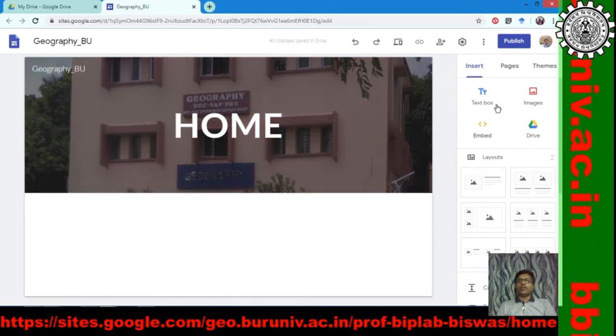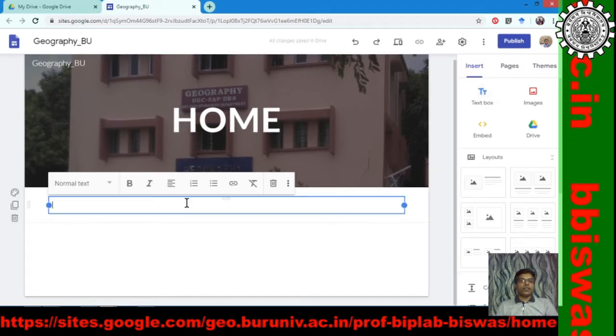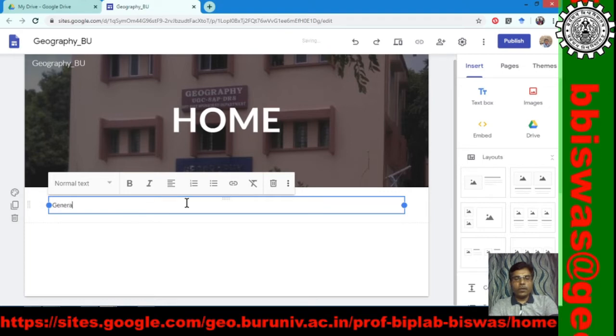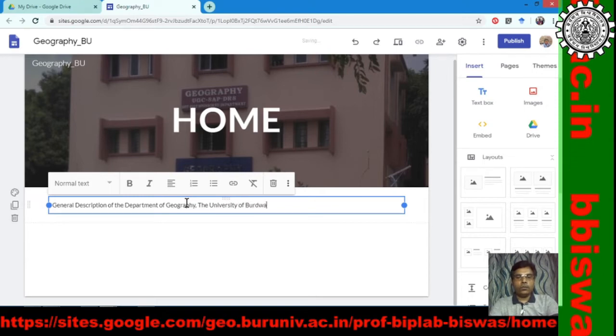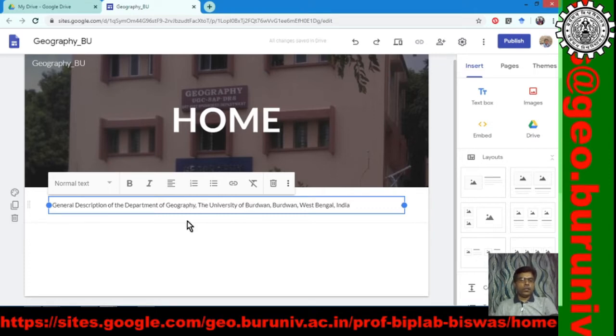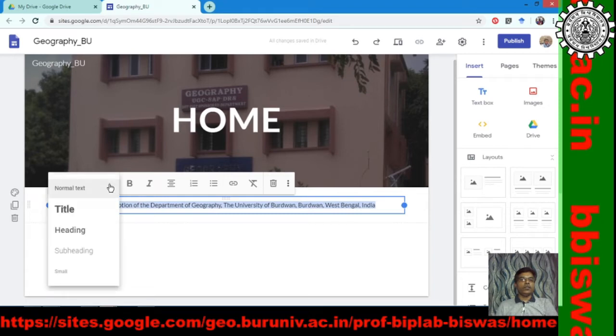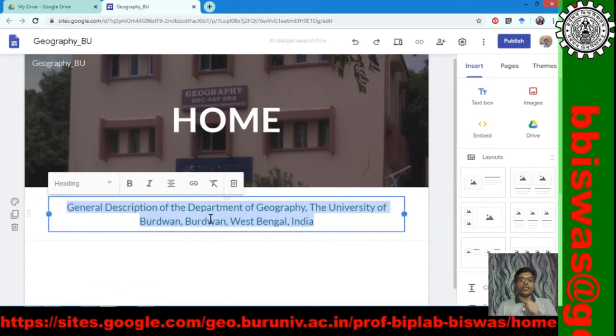Here we can insert a text box, like this is a general description of the department, the University of Burdwan, West Bengal, India, and we may like to have it in the center of the box, and similarly normal title heading, maybe we can keep it as heading.